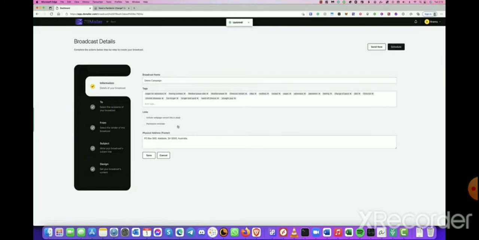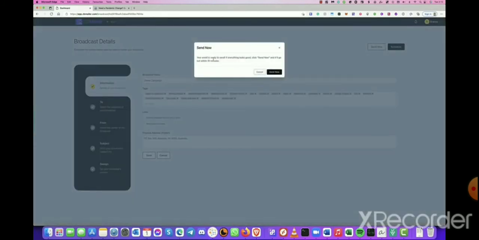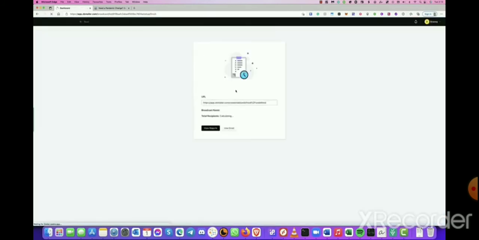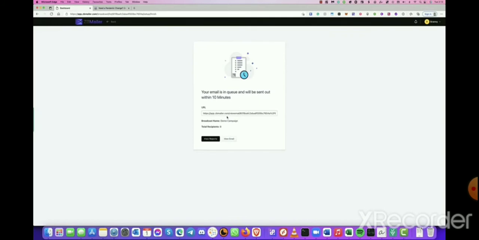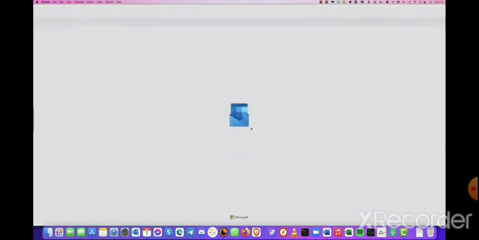So now you're ready to send this out. You could schedule this, or you could send it now. So we're just going to send this now. Your email is ready to send. If everything looks good, click on send now. We'll send it, and this will go into a queue and be sent out. I'm going to open up my email, and this should hopefully arrive